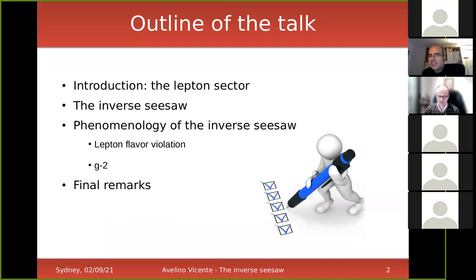First, I will give a very general introduction about the lepton sector and things that we know and things that we don't know. This is just to be on the same page and to get everyone acquainted with the typical concepts that we discuss in this field. Then I will concentrate on the inverse seesaw. I will give a theoretical review of the idea and some of the possible directions it can take. And then finally, in the second half or the last 40% of the seminar, I will discuss some phenomenological applications of the idea.